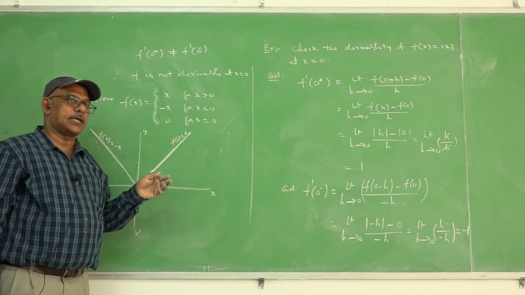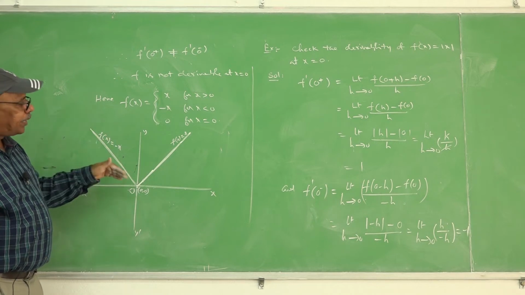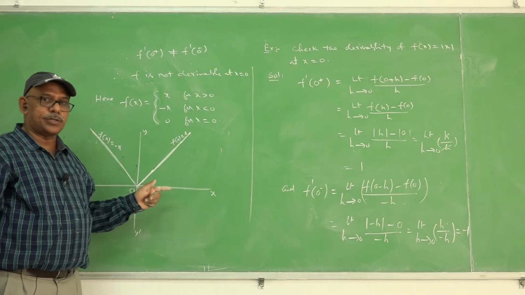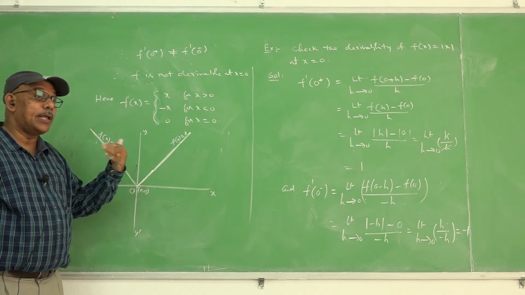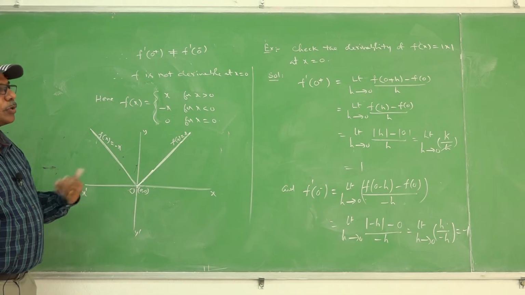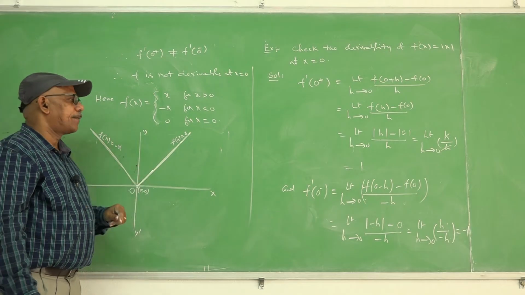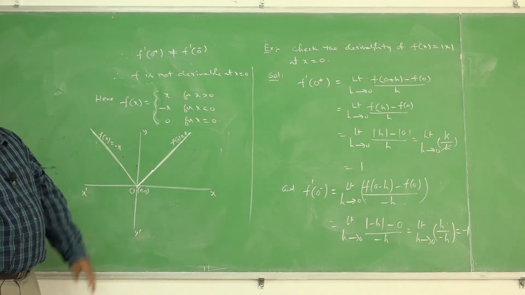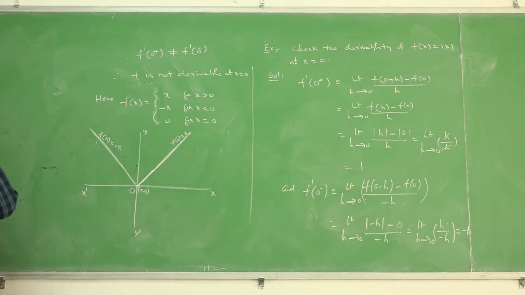Once the graph of the function takes a conical shape at a point, the function is not derivable there, or if it has sudden jumps, the function is not derivable. Once the function is discontinuous at that point, the function is not derivable. Once it is continuous at that point, it may or may not be derivable. You cannot conclude the differentiability of the function straight away once it is continuous. These are very important points in dealing with differentiability and derivatives. The remaining simple formulas, coefficient formula, product formula, and function of function rule, are already given to you.